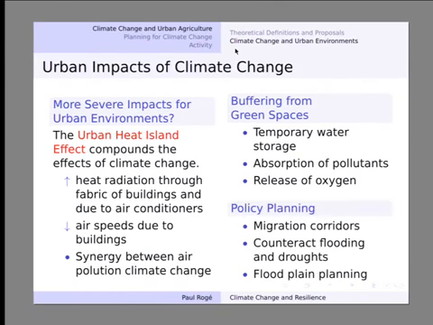Okay. So in terms of planning for this, they suggest a couple things. Migration corridors, thinking about spatial distances to drainages, so having enough space to both account for flooding as well as enough green space to absorb water that will reduce the effects of drought. So basically ensuring that people's water sources are having enough infiltration into them, whether they're underground. And then thinking about floodplains.